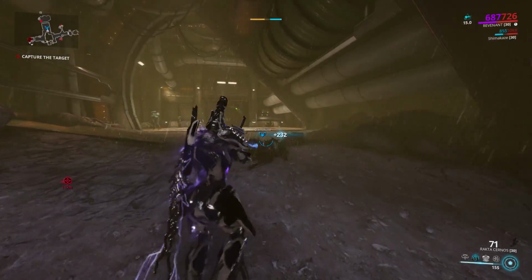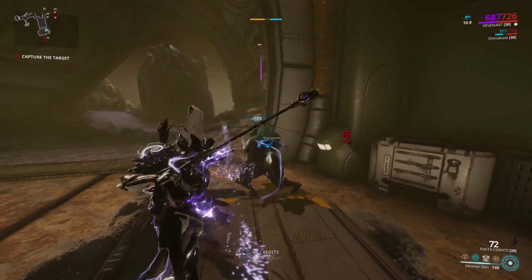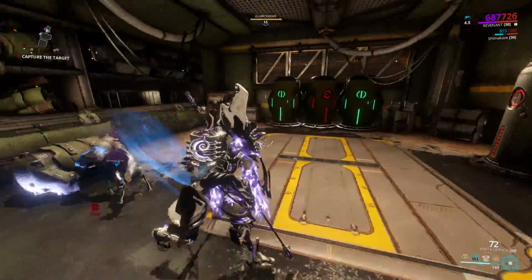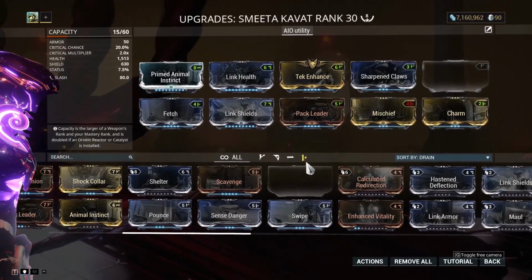You can also use a Helminth charger, which is really great at dealing damage. One ram and it can basically kill an enemy, even a high level one as well. But without getting off topic, let's get to the second combo, which is Mischief, Sharpened Claws and also Sense